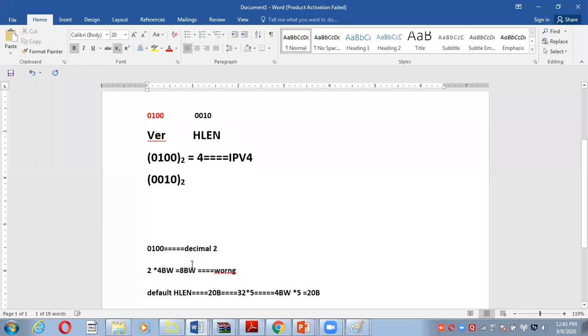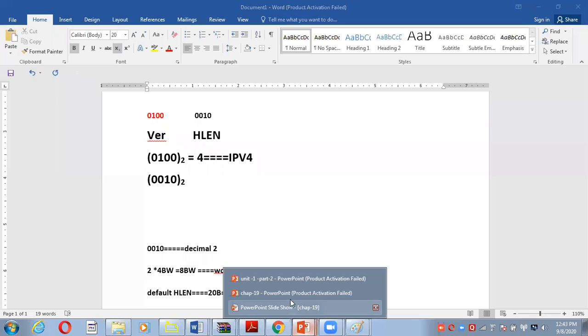Why is it wrong? Here you convert the value 0010, which in decimal is 2. So 2 into 4-byte words represents 8 bytes, which is wrong.